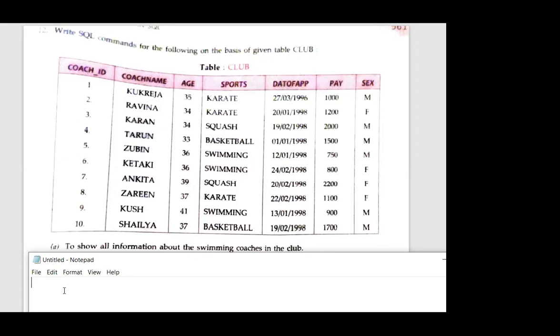Karan correct. Good. Vanshika correct. Achal correct.